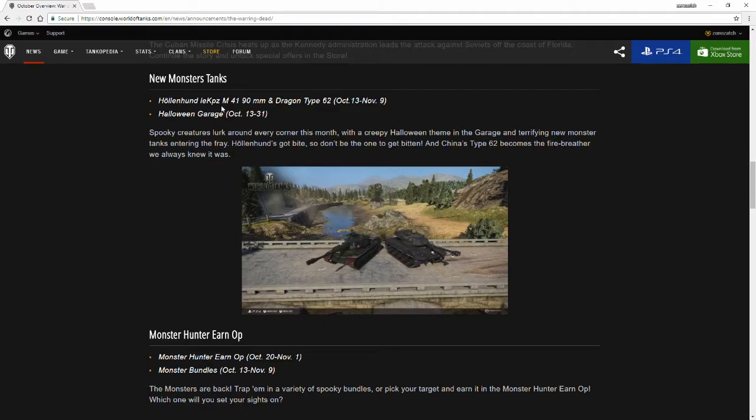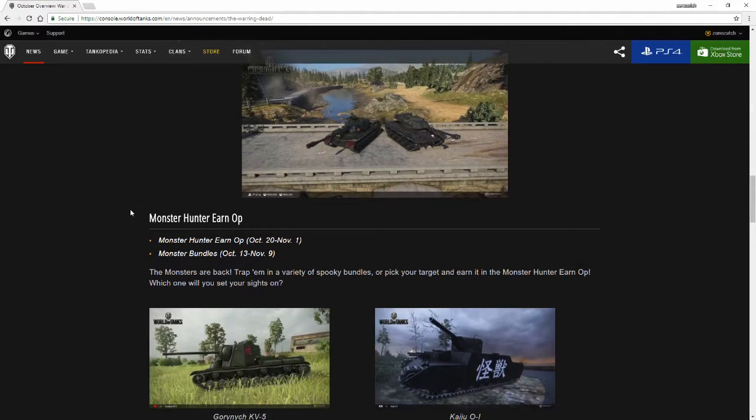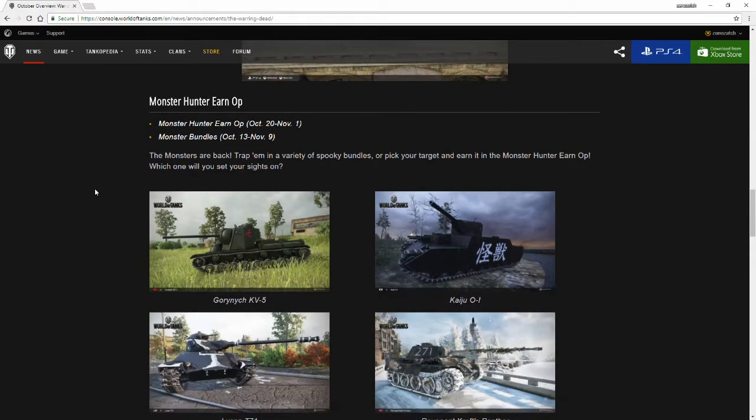So, the Hollandhound, I don't know how to say this, the Panzer, I don't know, M4190. As far as I can understand, this is basically the Brazilian Bulldog, and the Type 62, I believe this would be the first time we're actually seeing this on console, because I couldn't find anything on the website of a Type 62 or the portal up here in the Tankopedia. Maybe that'll probably be the first iteration of the Type 62, and we'll see the normal Type 62 come later on. And of course, the Monster Hunt